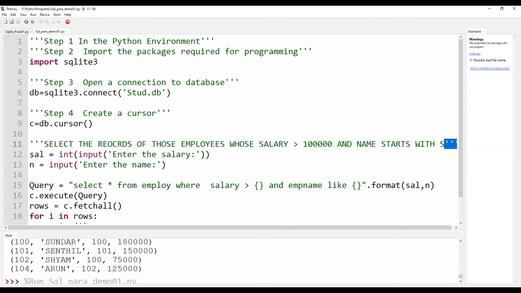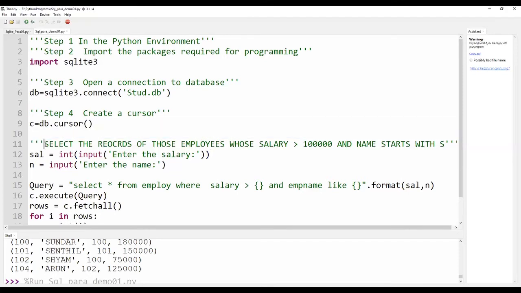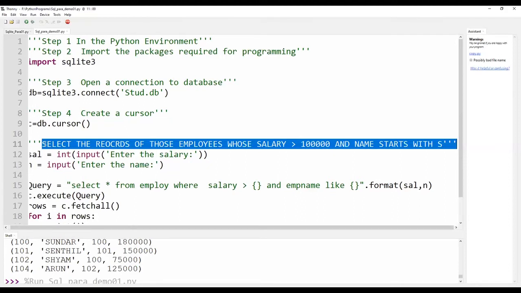Sal denotes the salary and n denotes what the name starts with. The intention of this program is to select the records of those employees whose salary is greater than 1 lakh and whose name starts with S.